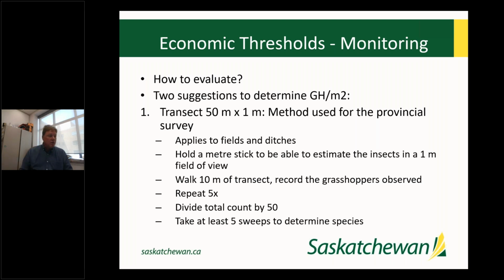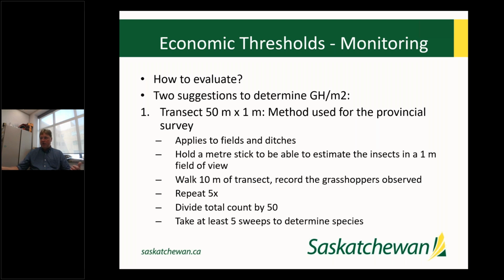You'll want a clicker counter. Repeat this at least 5 times. Divide the total count by 50 if you've done 5. If you've done 60 meters, divide by 60. But typically repeat this 5 times, divide by 50, and this will give you your per meter population over this